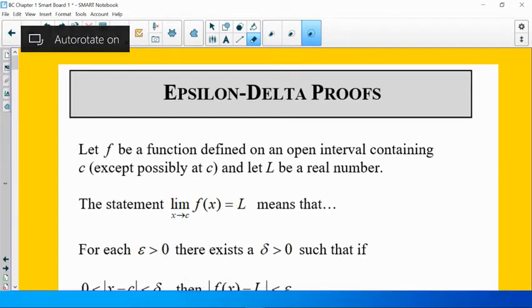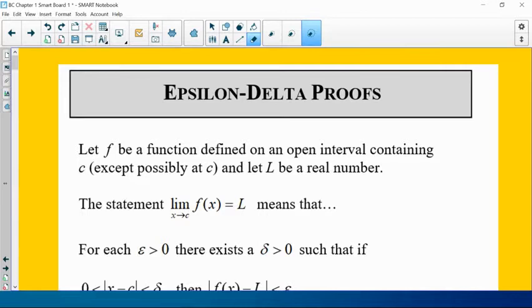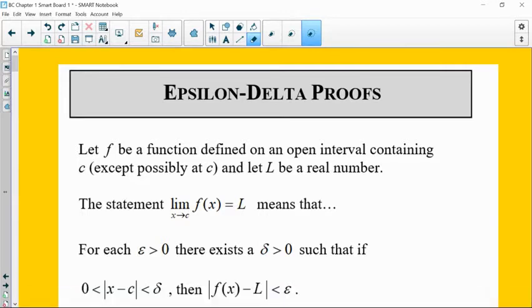Okay, so I want to give you an introduction to Epsilon-Delta proofs, and it's a topic that if you decide to go further in your calculus studies, you'll look at this again, and you'll look at a lot more complicated functions, and really rigorously study this. But for our class, we're going to look at this concept, and we're going to keep it to more basic functions, just emphasizing conceptually this idea of what it really means to rigorously prove a